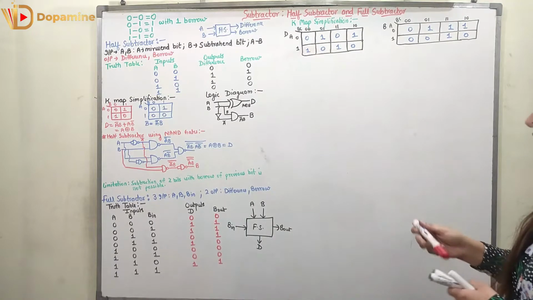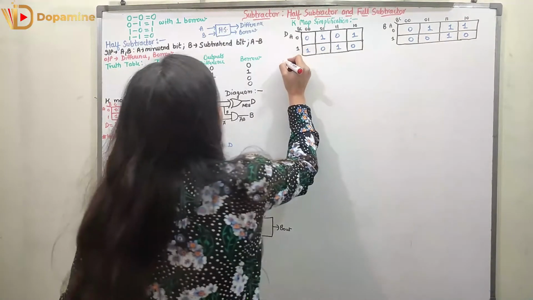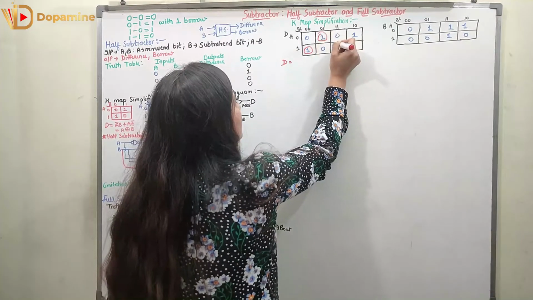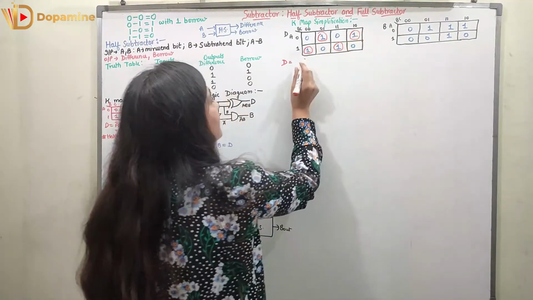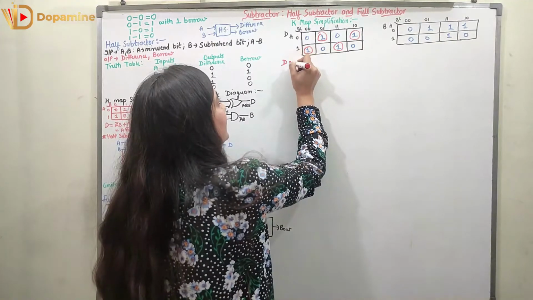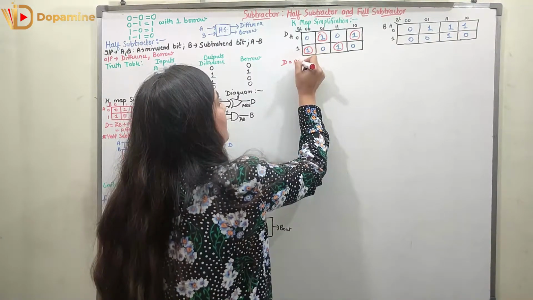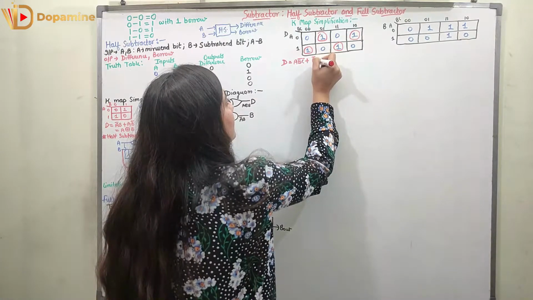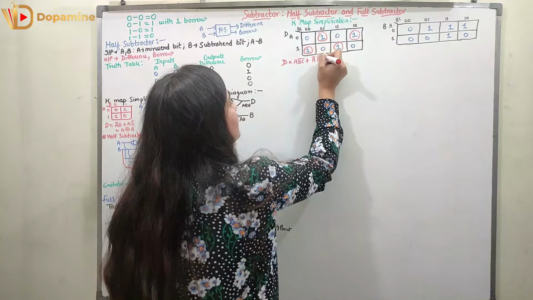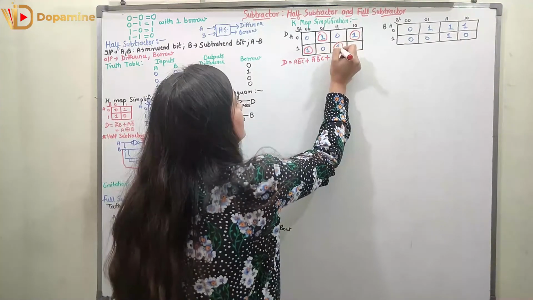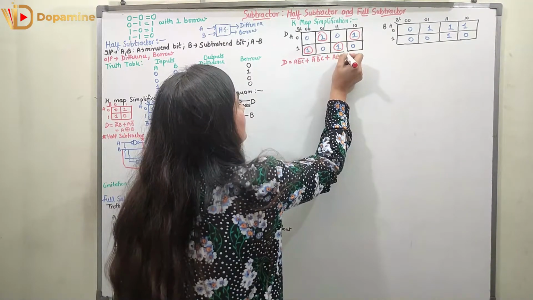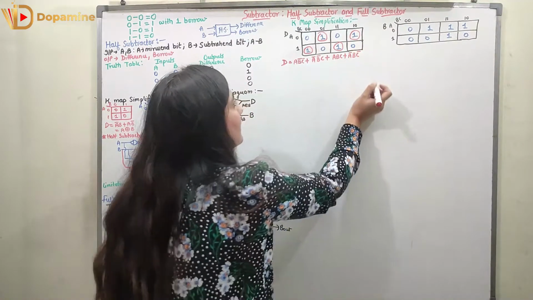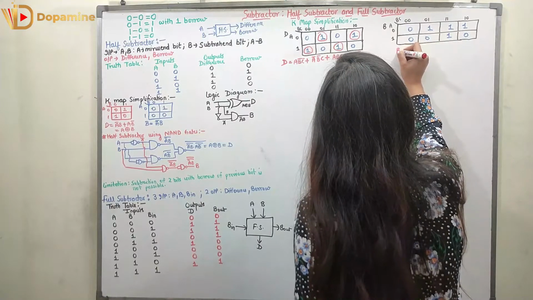So now I can represent the difference, as all of them are isolated ones. Any one of them cannot be paired. So all of them have to be represented alone. So this one is A B bar C bar plus this one is A bar B bar C plus this one is A B C plus this one is my A bar B C bar.